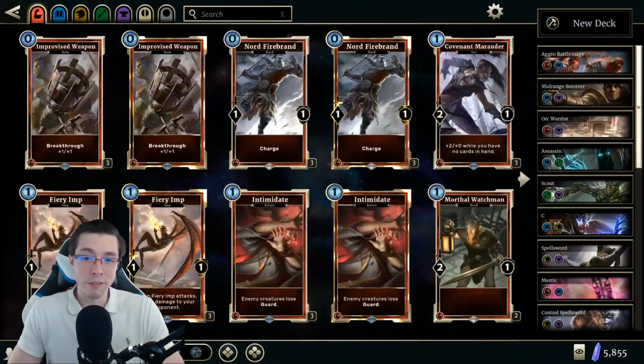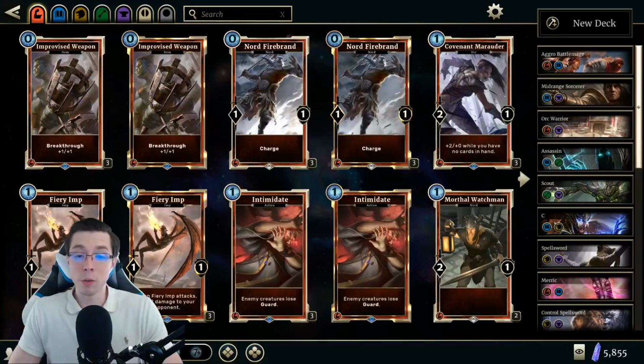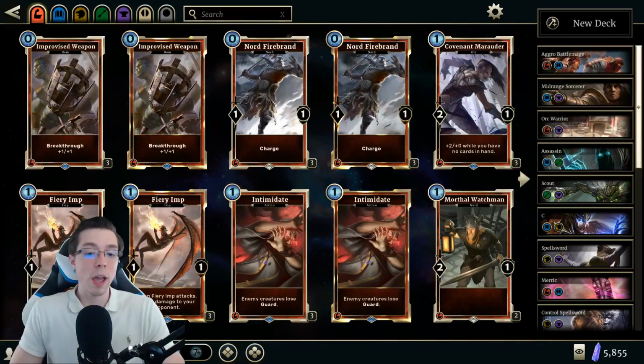Aggro decks are going to be the fastest decks you'll encounter in Legends. The win condition of the game is, of course, to reduce your opponent's life total from 30 to 0, and one could just say aggro decks are the style of deck most aware of that win condition. Aggro decks will be looking to rush opponents down with an onslaught of early game creatures supplemented by damage dealing actions or support cards,